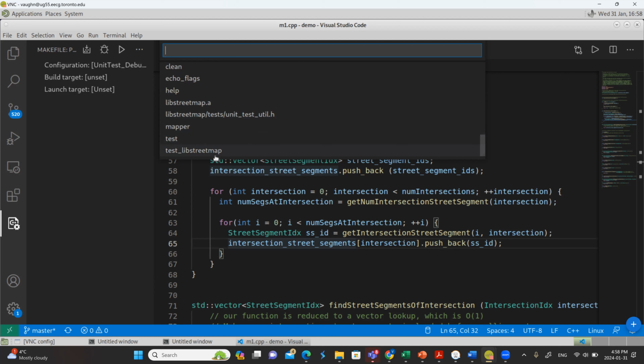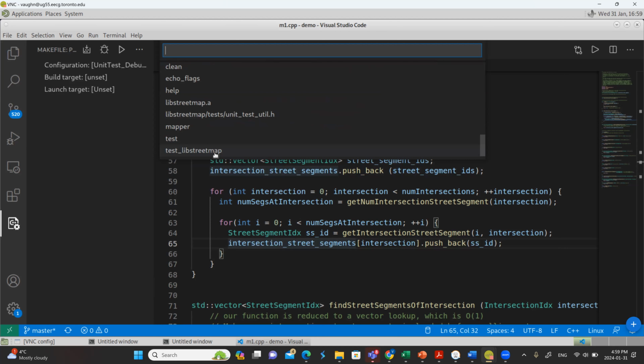This is it. When in milestone 2, you're actually going to run your real program, and that's called mapper. That's your main program. But our unit tests don't run mapper. They run a program called test libstreetmap. Test libstreetmap just talks to your libstreetmap library, where most of your functionality is, and exercises the functions. So it is a different program. It's got a different main function, right? That's what unit tests are. And it's not a very interesting main function. It just runs a bunch of tests by calling your libstreetmap functions.